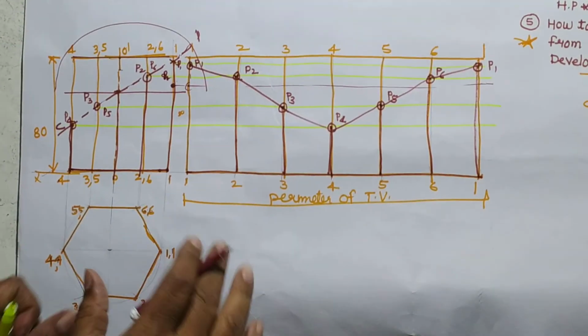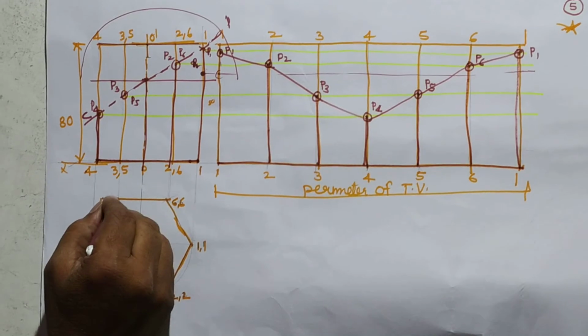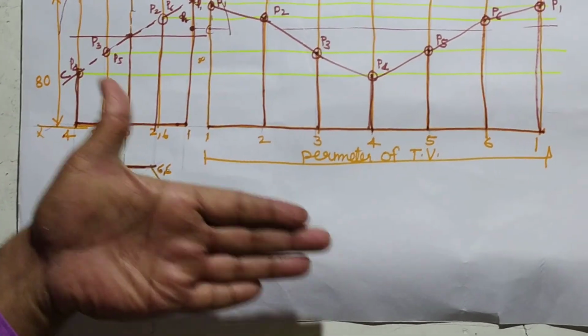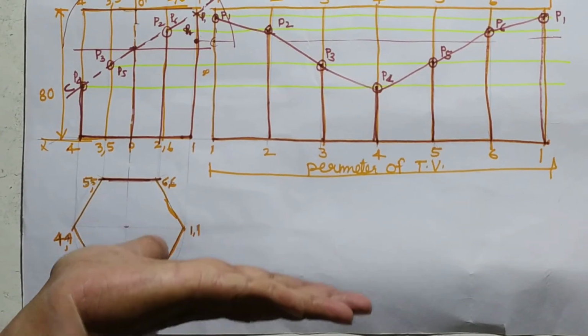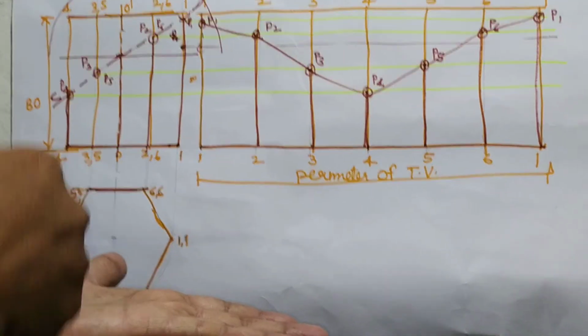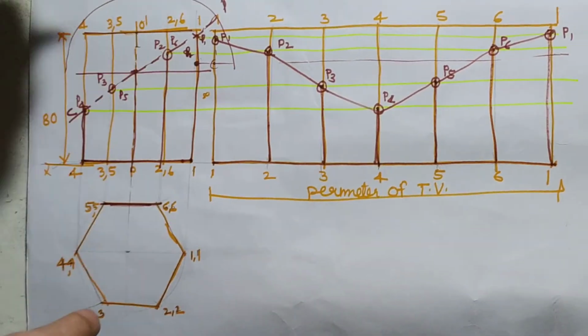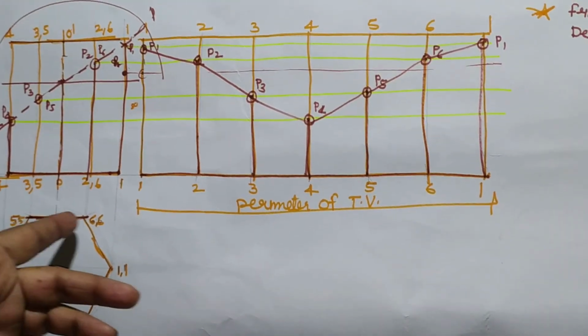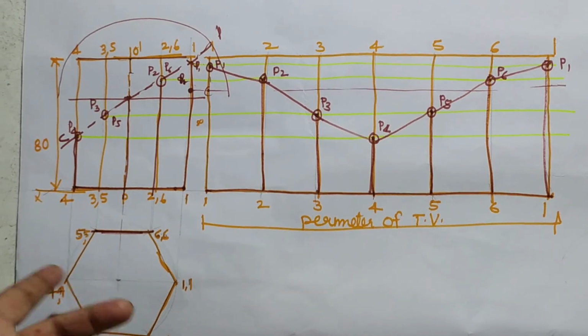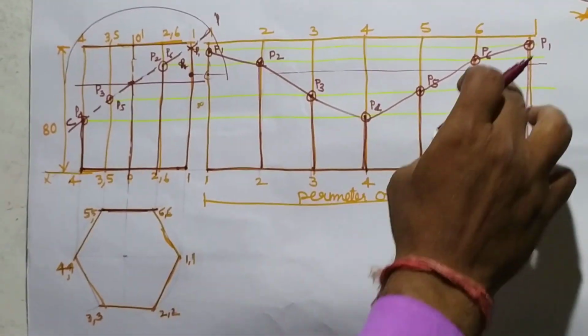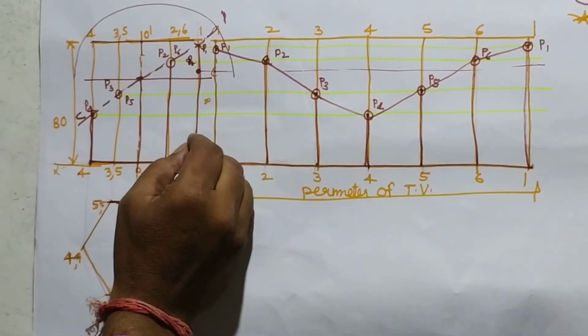If you fold it and keep it here, this is the rectangular face. Here we have rotated; we have drawn the rectangle, we have drawn first here the top view. This is the rectangular face, 5, 5, 5 to 5, 6 to 6. Then we have rotated. This rectangular face is nearer to the VP, so I have drawn the hexagon in this position. Now this is the required part for this developed solid.